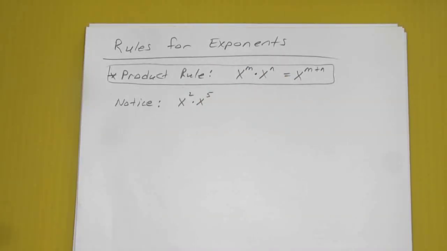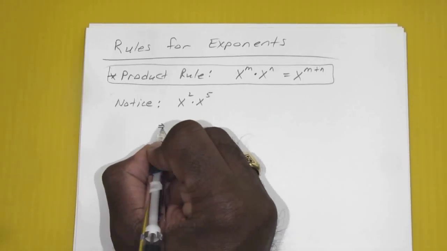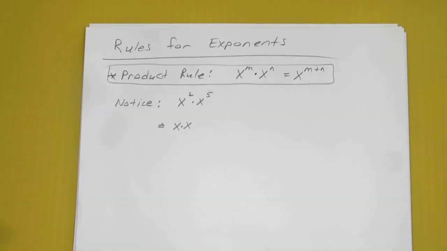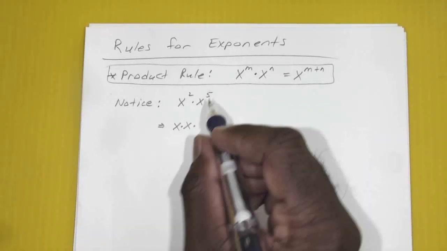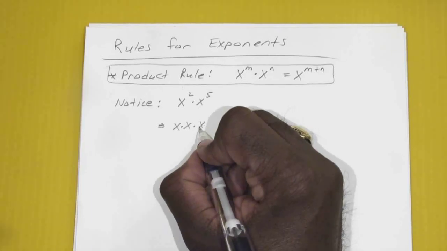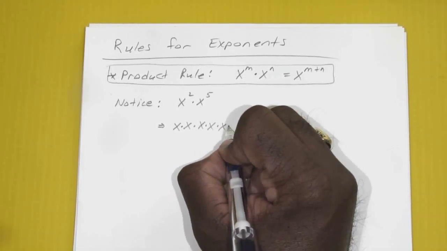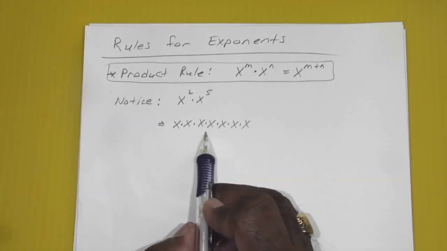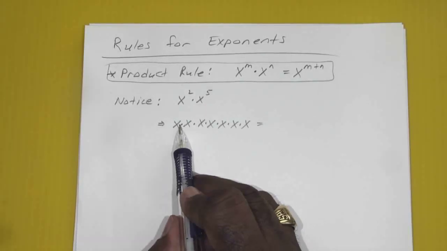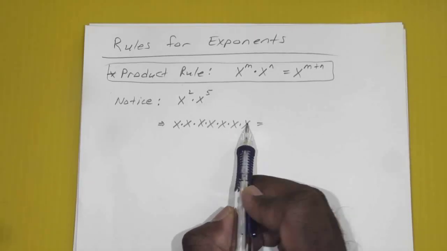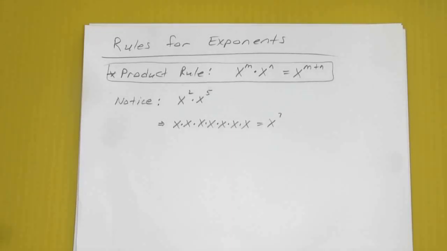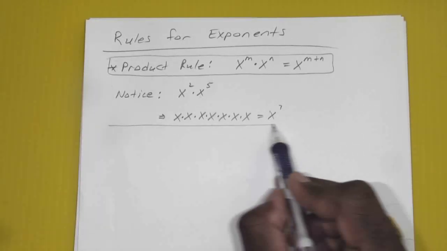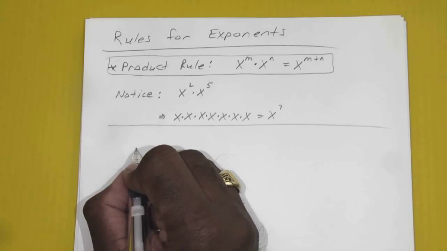Okay. Now, if we wanted to stretch those out, our x to the second power is just x times x. And that's times our x to the fifth power, which is just x times x times x times x times x. So if you add those all together, it's x to the 1, 2, 3, 4, 5, 6, 7. X to the seventh power. Okay. Which works unless you have one that says, let's say,